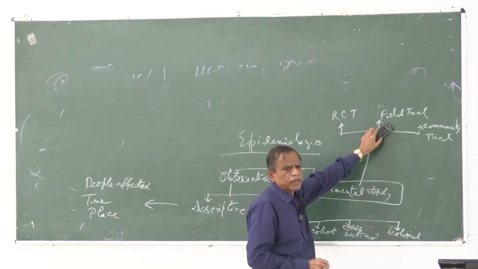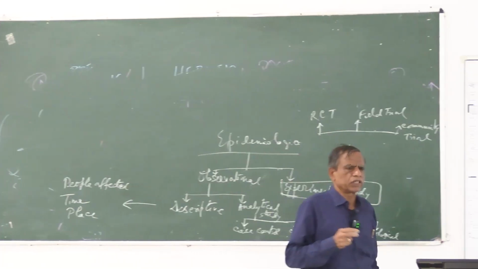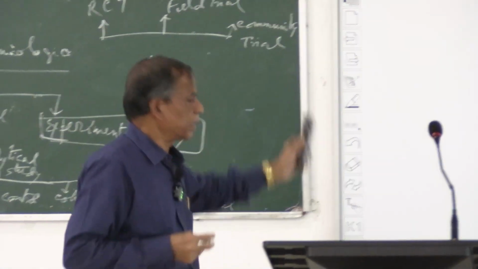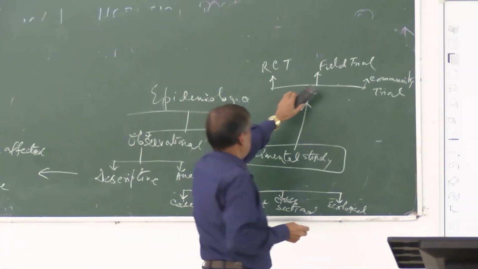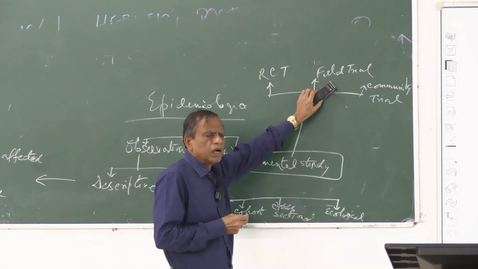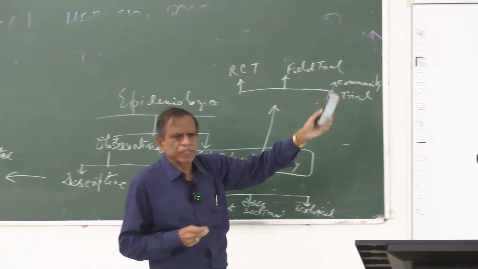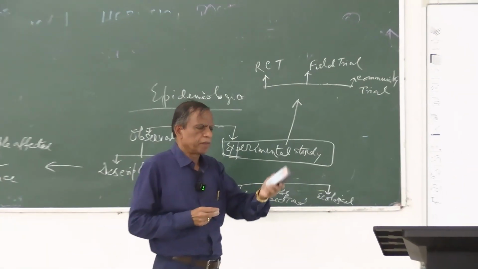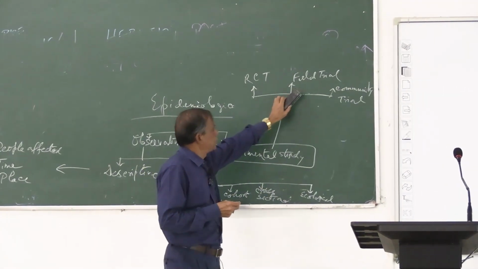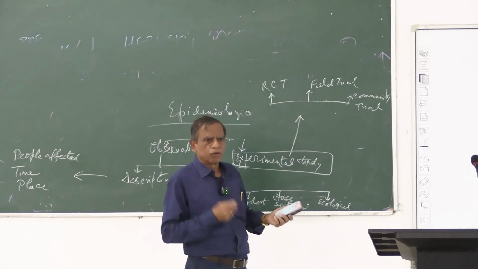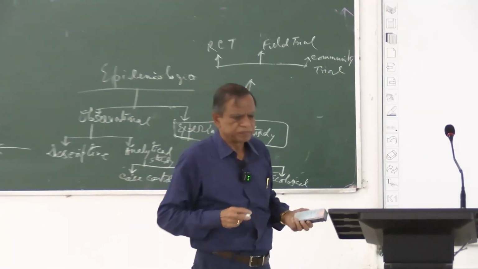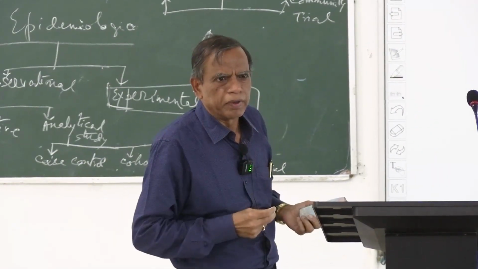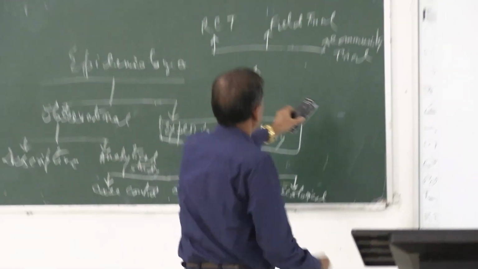Another is field trial. Before launching the COVID vaccine, a field trial was done to prevent corona infection with the help of the corona vaccine, and after passing the field trial, this corona vaccine was ultimately used among the common people. And another is community trial.